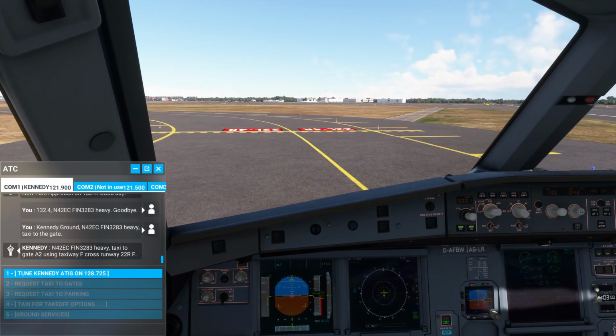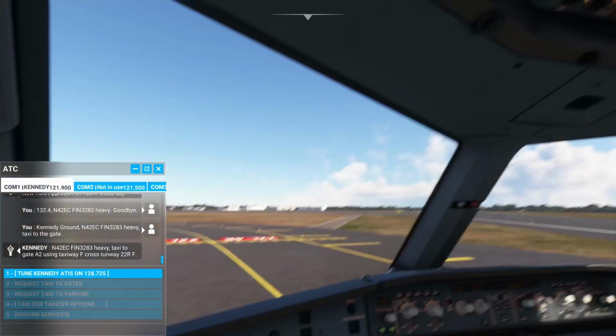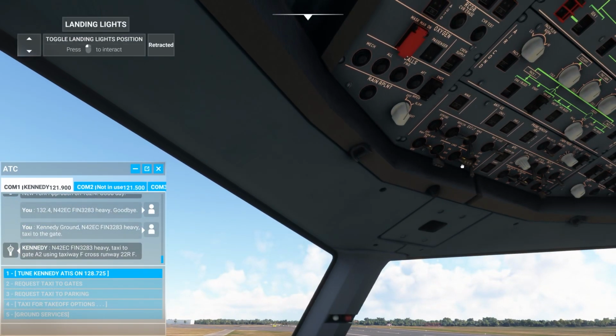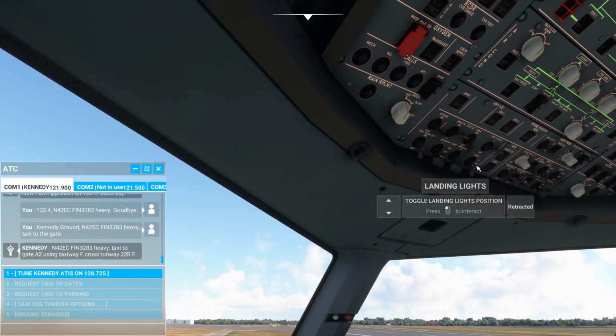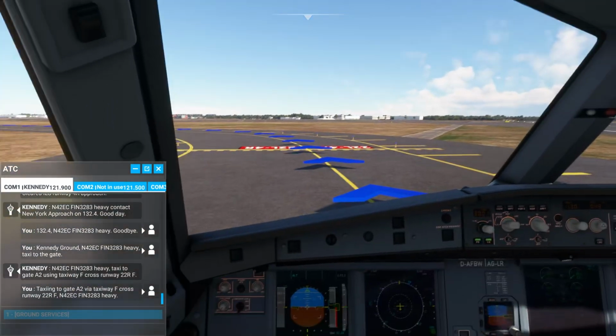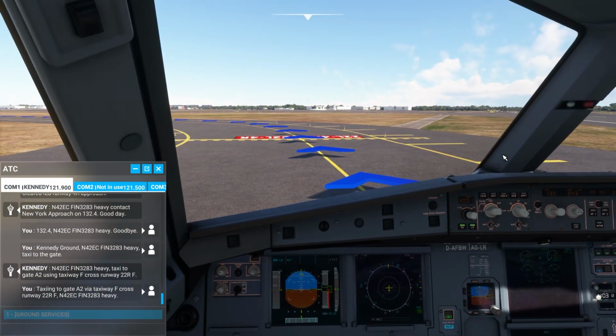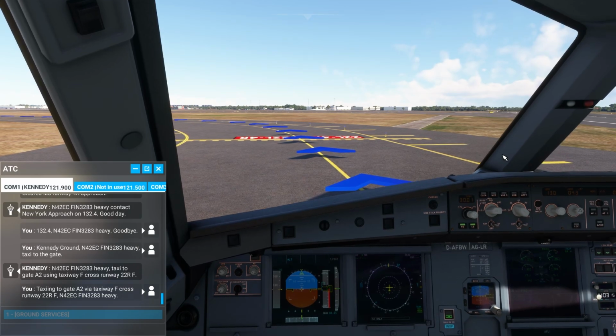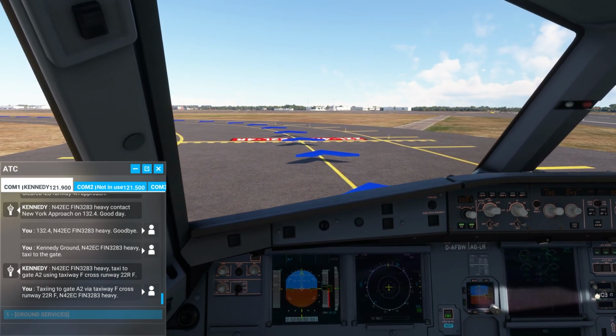N42EC Foxtrot India, November 3283 heavy taxi to gate Alpha 2 using turn the taxiway landing lights Foxtrot, off. cross runway 22 right Foxtrot. Taxi light on. Get the APU get up and running. Taxiing to gate Alpha 2 via taxiway Foxtrot, cross runway 22 right Foxtrot and 42 EC Foxtrot India November 3283